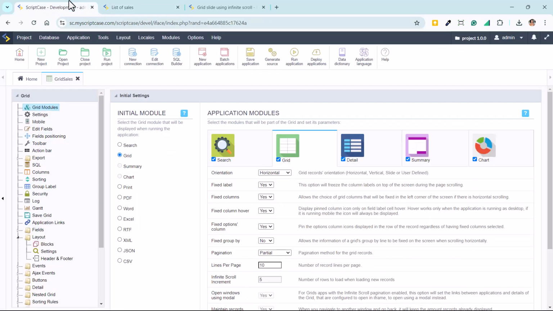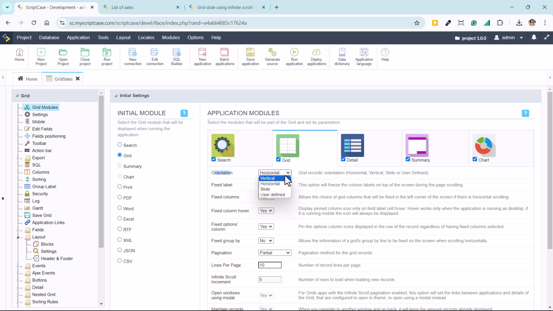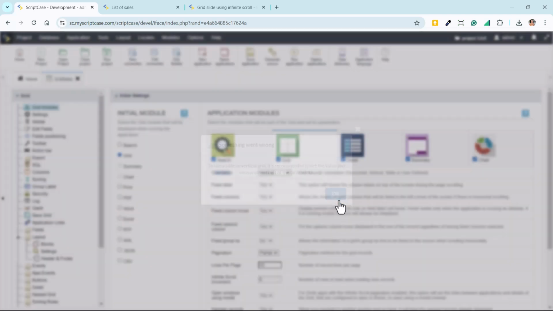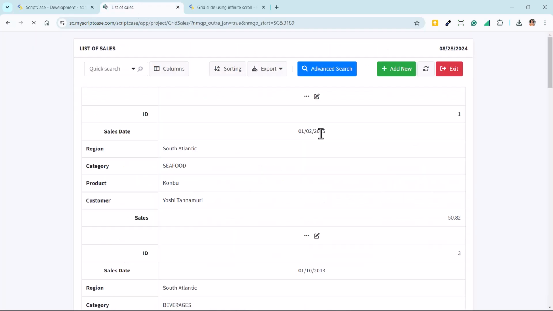So back here to the development environment, we can see that we have the initial model as grid, and we are going to have the orientation, and the default one is horizontal, but you have different options here to use. You have the vertical, horizontal, slide, and user defined. So if you set it into vertical, then you're going to have the grid like this, just by doing any